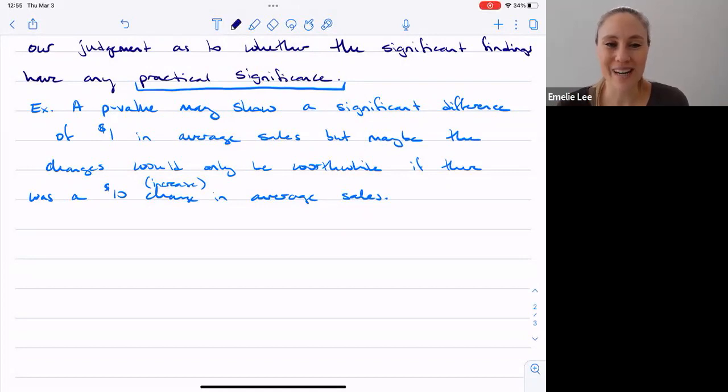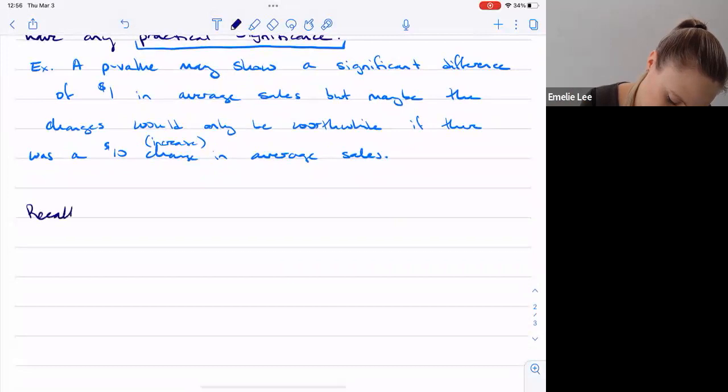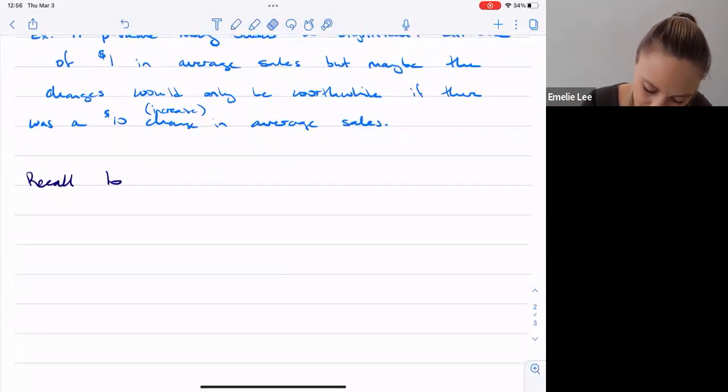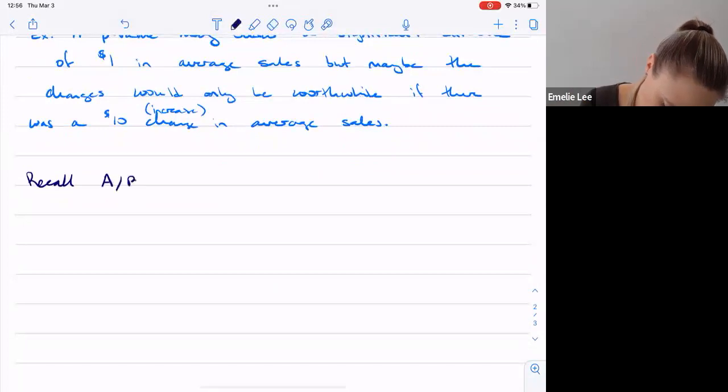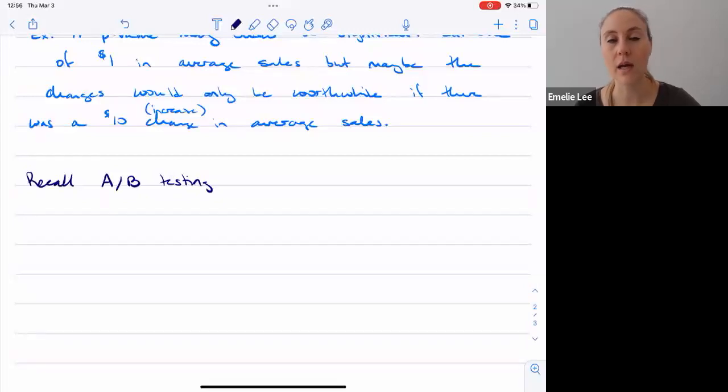So we've talked about A/B testing, which is when we have group A and we have group B and we want to compare those two groups, right? A/B testing compares two groups. It can be numerical data, so comparing two groups with a t-test, or it can be count data, so categorical data, which would be a z-test for proportions, right? But either way, we can compare these two groups, and that's great. We're going to do that a lot, right? Just comparing two groups.